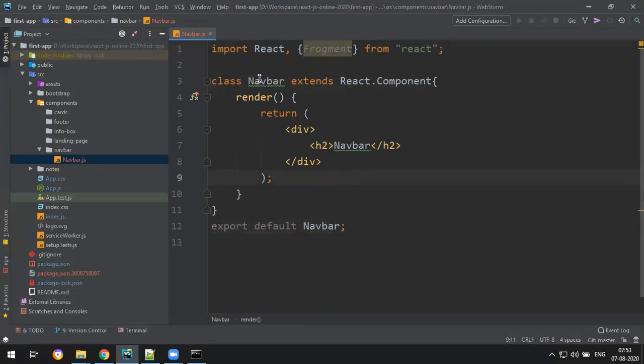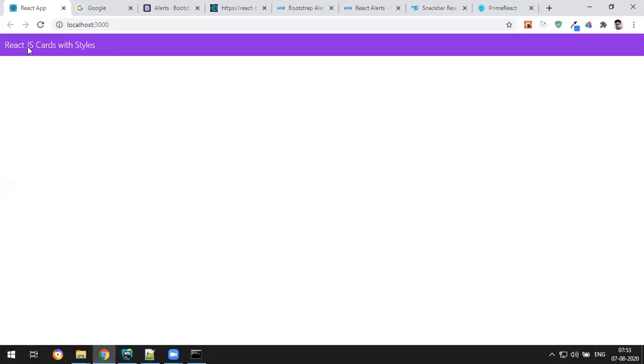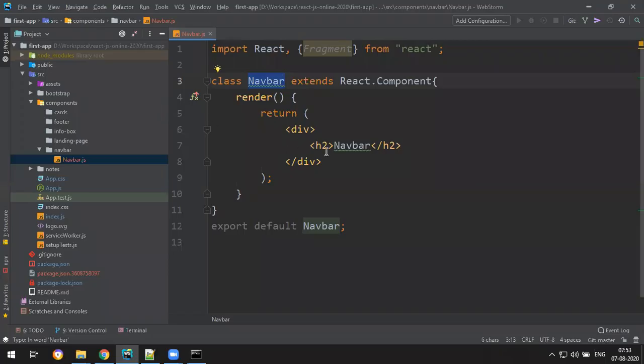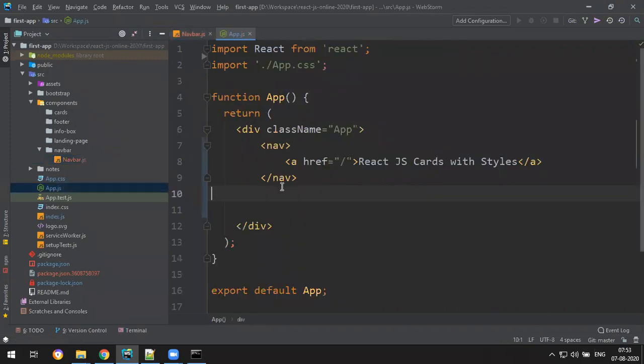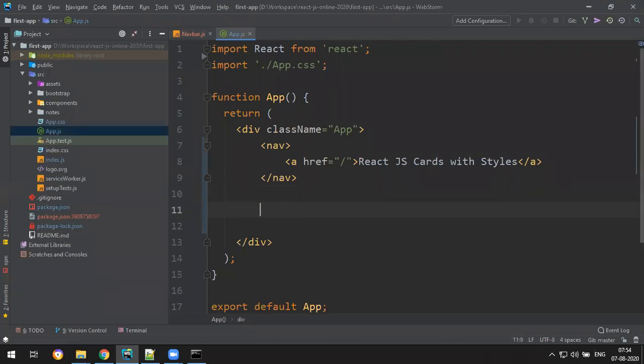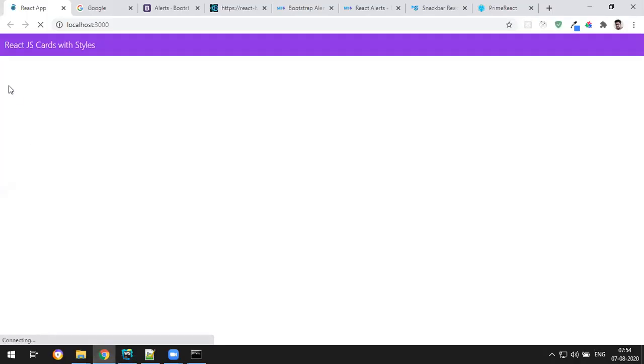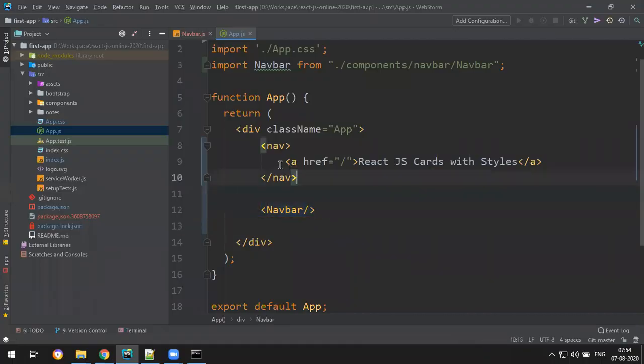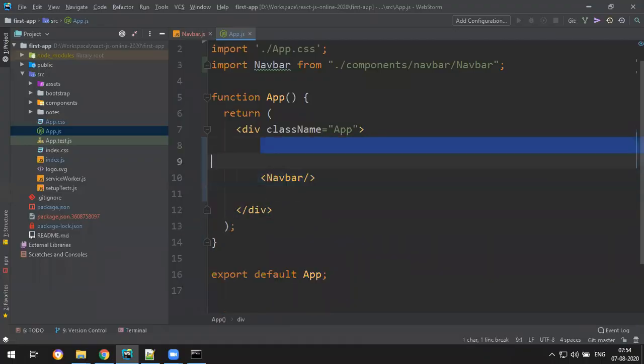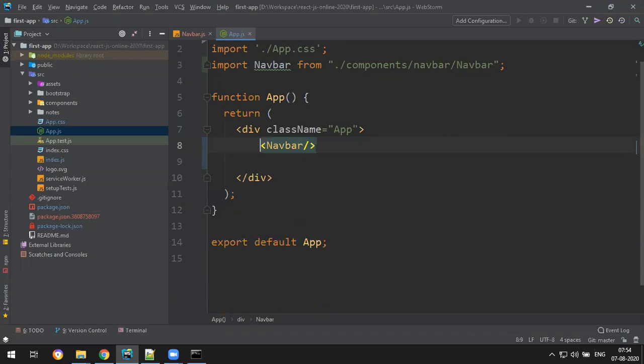And I want to display the navbar on the home page. I don't want this thing also. So how to do it? Let me attach this tag. This is your tag. Add it to App.js somewhere here. So the Navbar tag: if you add the Navbar tag, automatically your text will display. But this itself is the navbar, so we don't need this dummy navbar.